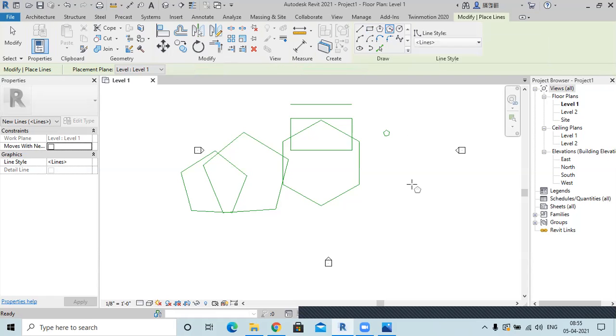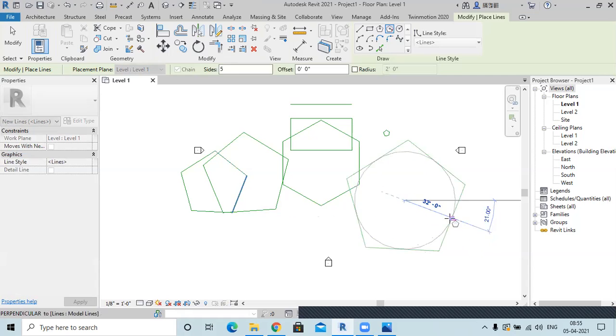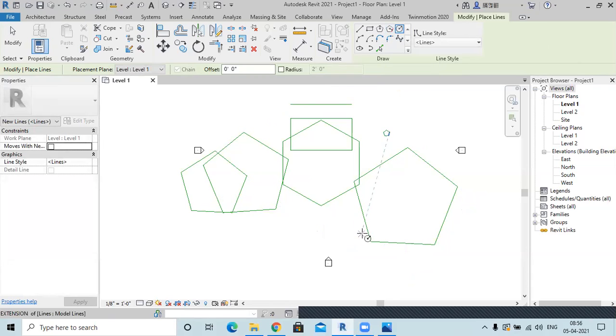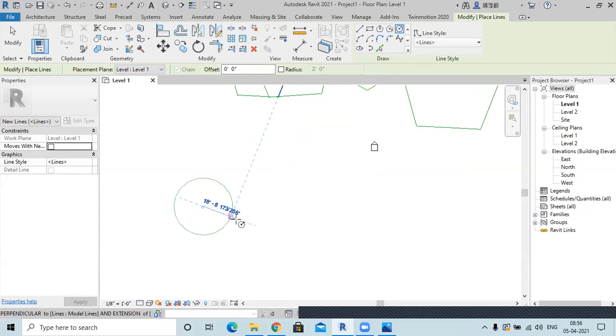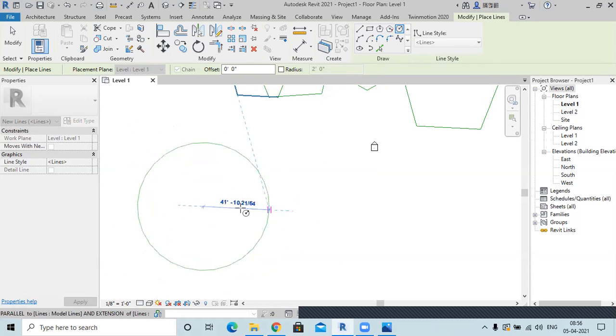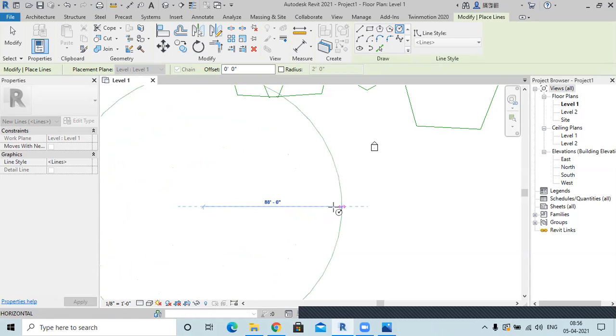Then you have this circumscribed polygon, in which an inner circle is drawn. If you have the radius of a thing and then you have to surround it by a polygon, then you can use this option. Then you have this circle option, in which you can create a circle. Either I can drag the cursor and increase the radius, or I can type the radius.